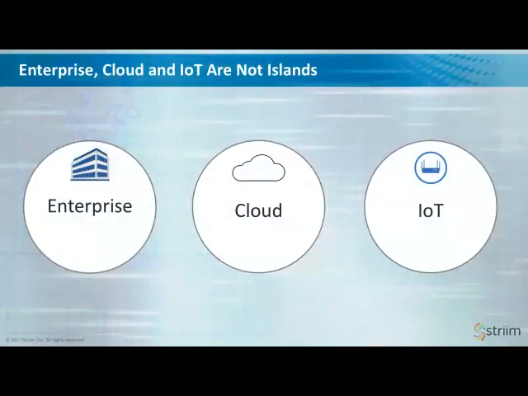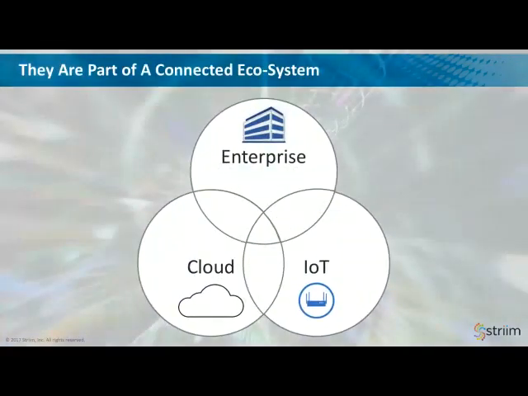So to start with, IoT is not a silo. It's not something that should be treated separately to everything else. IoT is a part of enterprise data assets, so it needs to be treated as part of a connected ecosystem. And so the IoT data is part of your data assets as an enterprise. It goes with your enterprise data assets, anything you may have in the cloud. And you get the best value out of IoT data when it can be integrated with, correlated with, joined with the other data assets that you have.